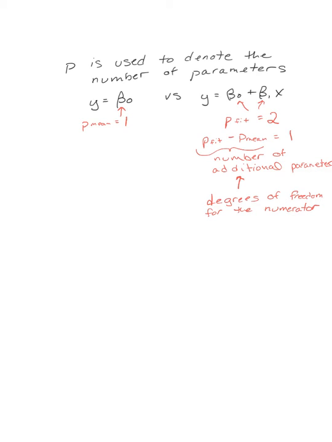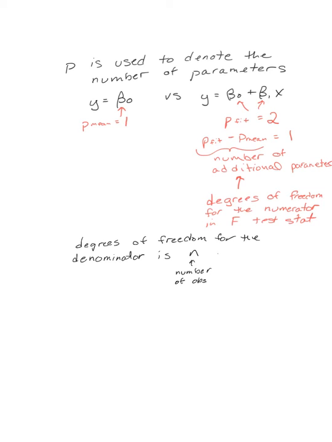And this is the degrees of freedom for the numerator in the F test statistic. So recall that the numerator is the explained variation. So it costs us one additional parameter to explain that variation. The degrees of freedom for the denominator, which is, remember, the variation around the line, is n, the number of observations, minus